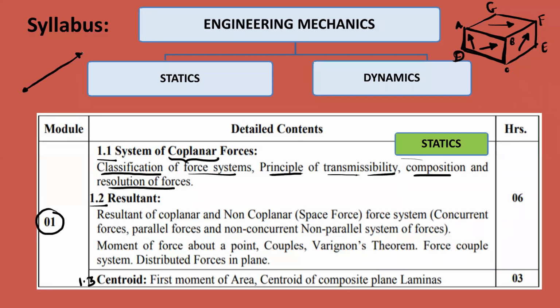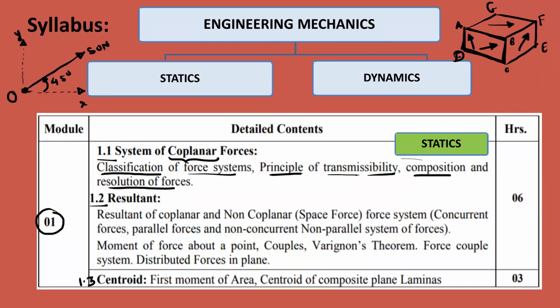There is one force of 50 Newton, and the point is O. The force of 50 Newton is acting at the origin. This is your y-axis and this is the x-axis. You have to find out, if the 50 Newton force is acting at 45 degrees, what is the amount of this force acting in the positive x direction and in the positive y direction. That is called resolution.